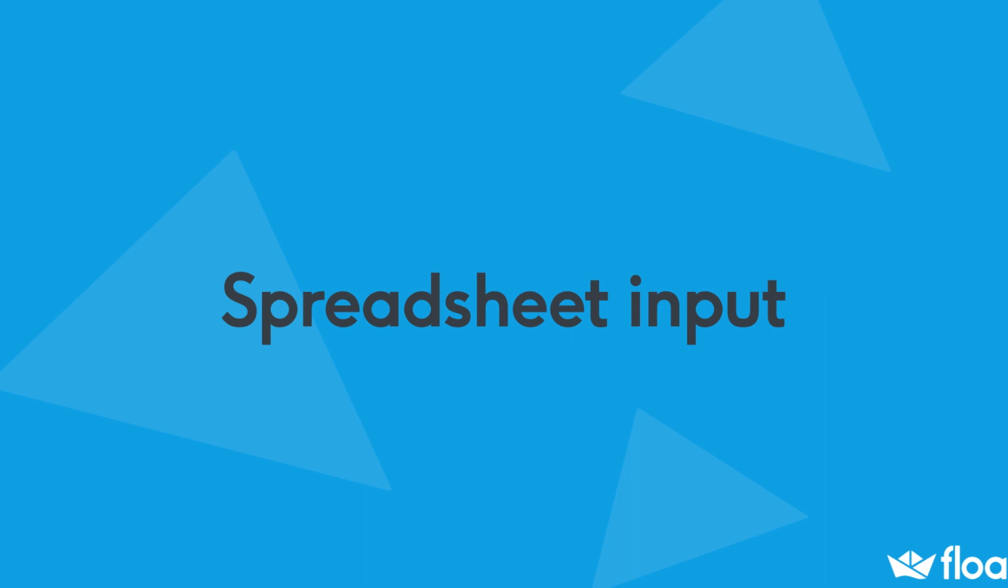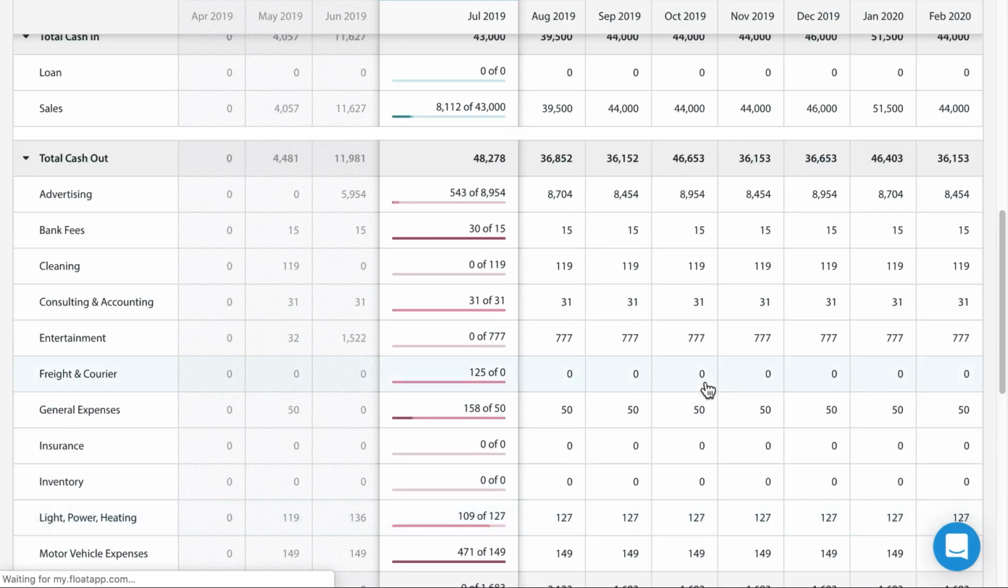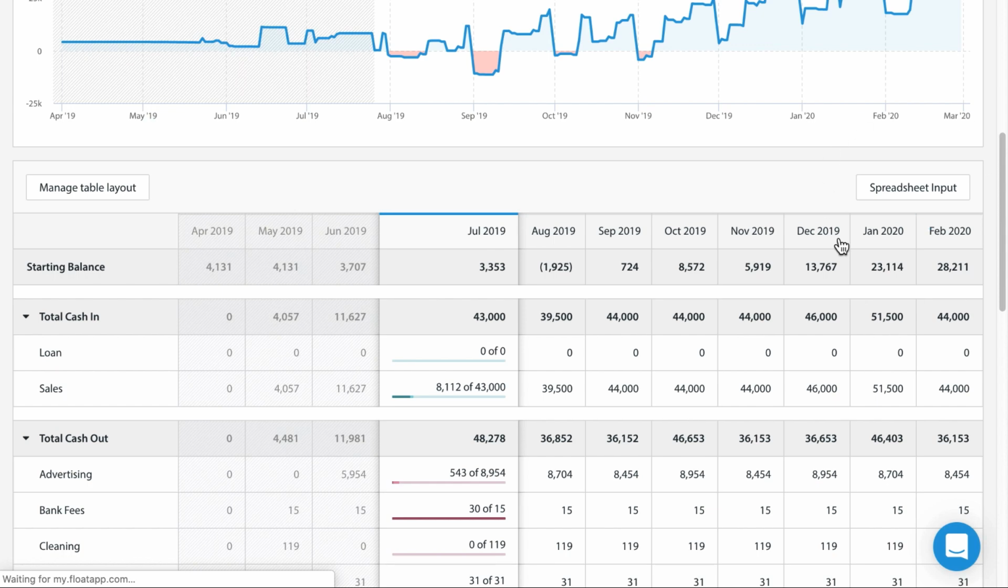The second way to enter cash budgets is to use this button called Spreadsheet Input. This is really useful if you have a forecast worked out in a spreadsheet and you want to copy and paste it into Float. For instance, you might have a P&L budget already in Xero or Quickbooks. You can't have that synced directly to Float because it's on an accruals basis and Float is cash-based. However, you can export that to a spreadsheet from your accounting software, update it to make it cash-based, and then